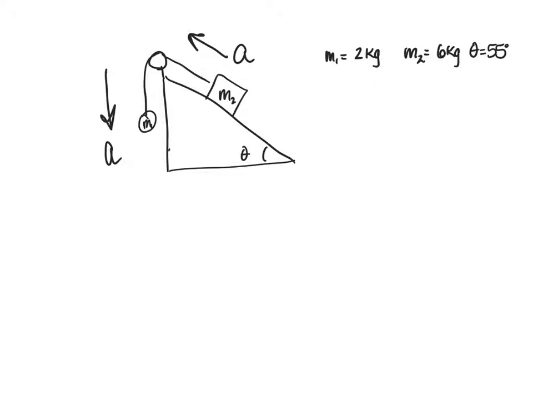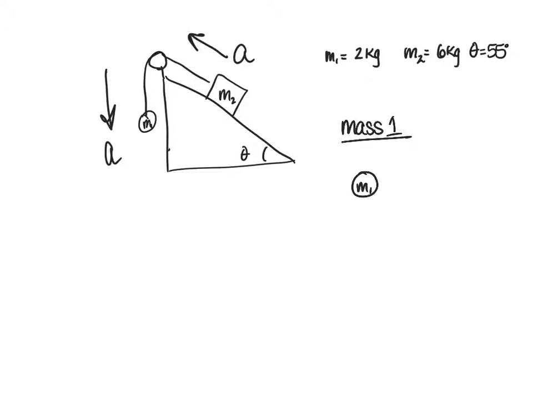Both the masses have to have the same acceleration because they're attached. If they didn't accelerate at the same rate, the string would either break or they'd get all bunched up. So that's how we know that they have to move at the same rate. These types of problems I think are easiest if you separate the masses and look at the forces acting on them separately. So if we start with mass 1,